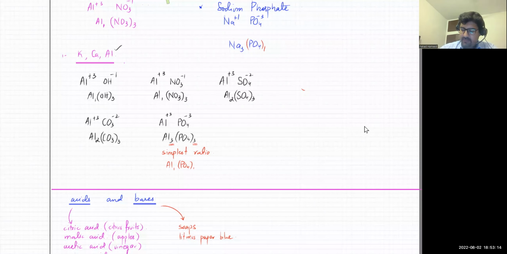So positive and negative ions together, they form a formula. And now what happens after that is